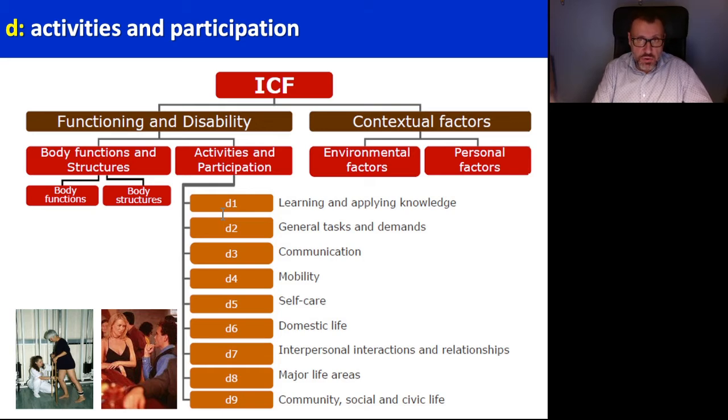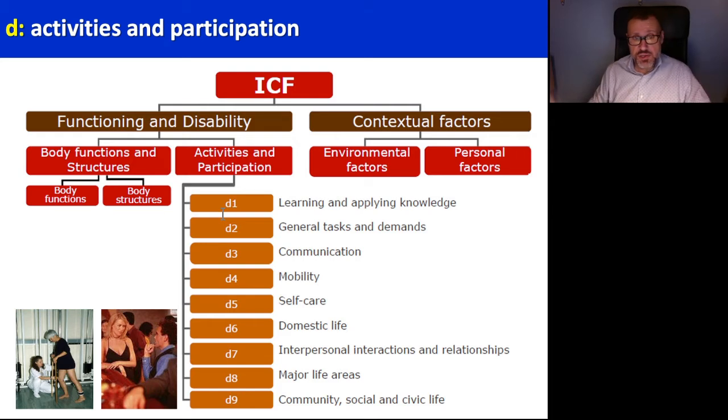So I can walk to go shopping, I can walk to go to work, etc. But in the case of a person with disability who is starting walking in the gym as part of a rehabilitation treatment, walking is not used to participate but just as a therapeutic exercise, then the same category D450 indicates an activity